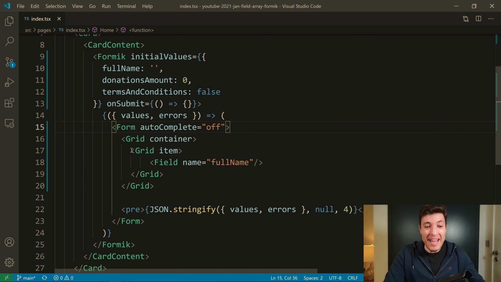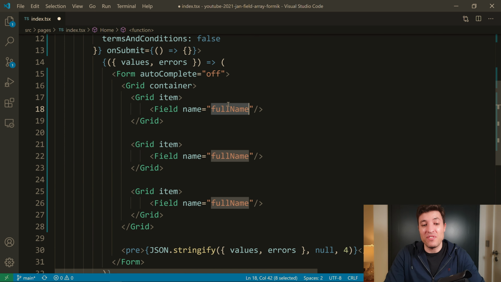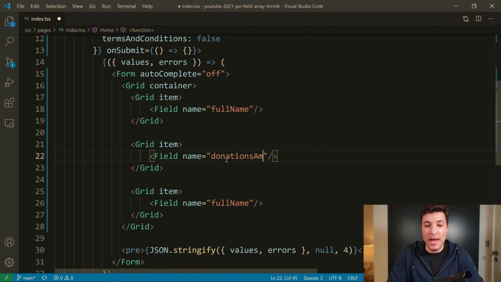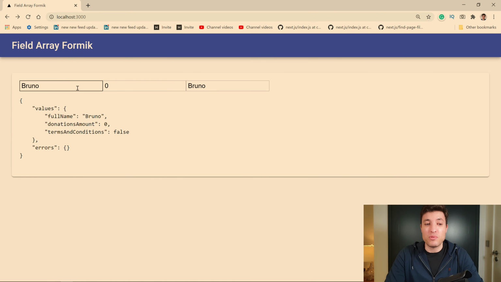Now, as I said, we can just start to copy those fields, and we will have three fields. The first one is the full name, the second one will be the donations amount, and it will be of type number, right? So if I go back, you will have now three fields where I have Bruno. Oops, I forgot to change the last one. We will change the last one. But as you can see, we have the full name, we have the donations amount, which we can say 123,